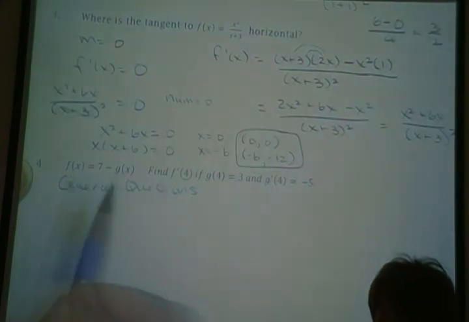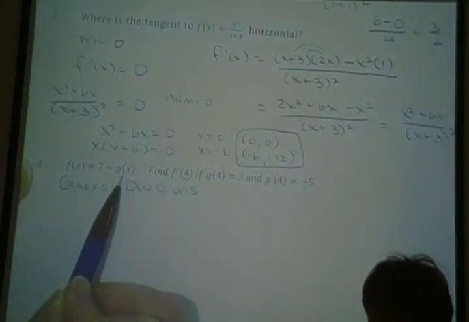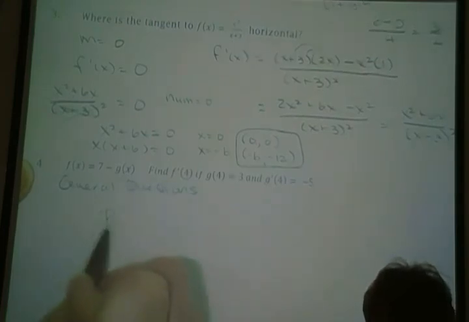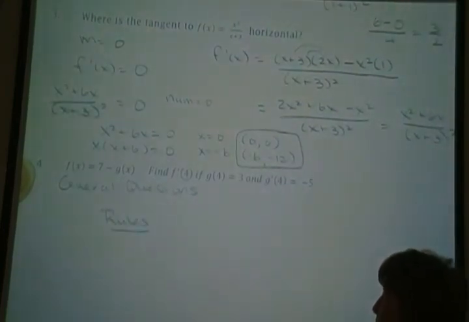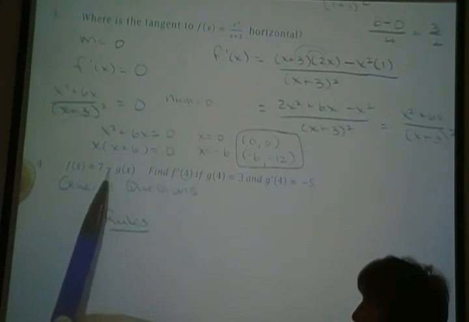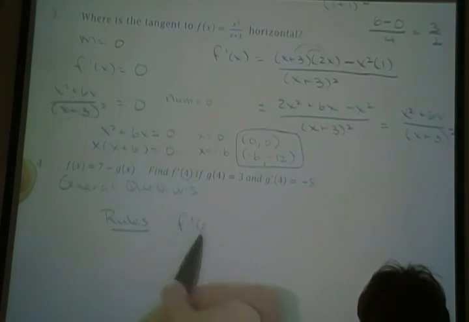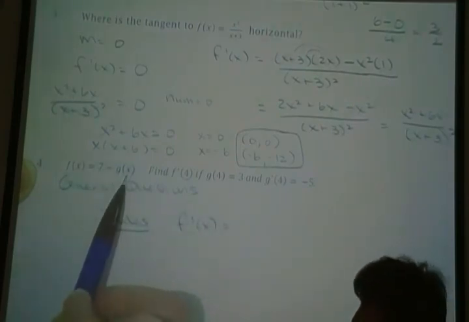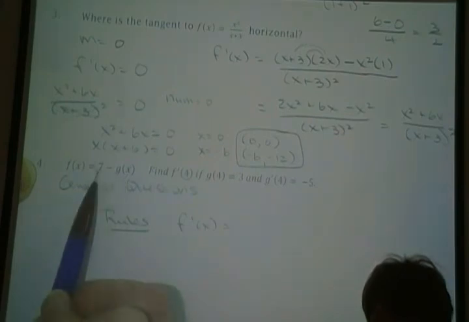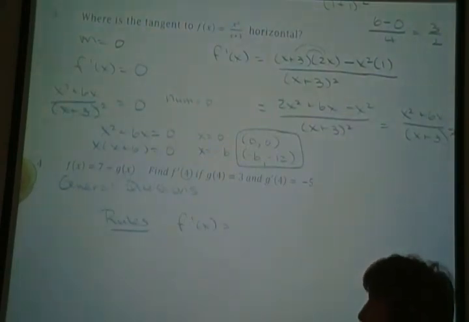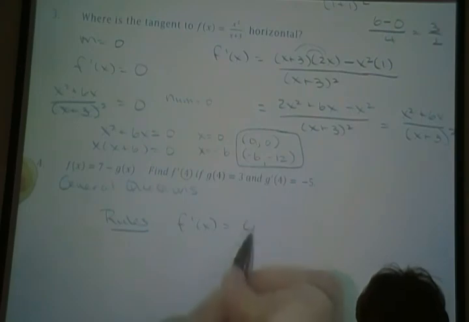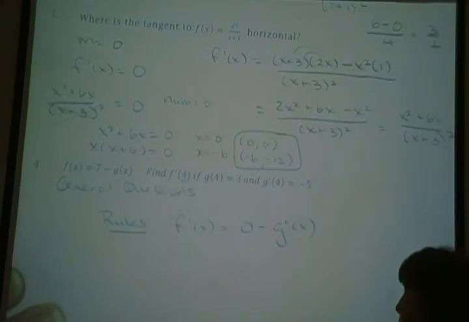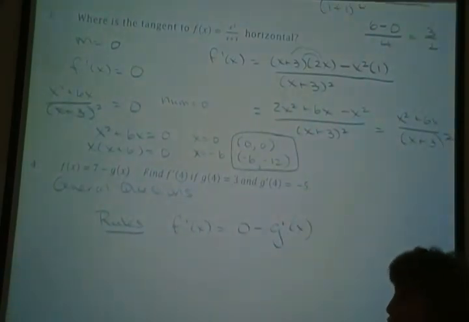Without knowing what the functions actually are, it's hard to answer this question without just using the rules that you know. And so this rule would be the difference rule. If you want to take the derivative of a function that's the difference of 2 other functions, all you do is take the derivative of each and subtract them. So the derivative of 7 is 0, and the derivative of g of x is g prime of x. You can't be any more specific than that because you don't know what that function is,